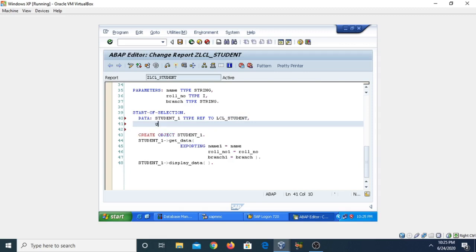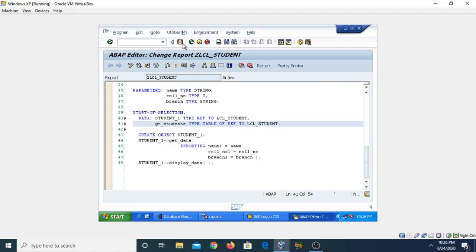So GT underscore student is our table name, then type table of, then ref to the class name, and the class name is the same, LCL underscore student. So in this way you can create the internal table.